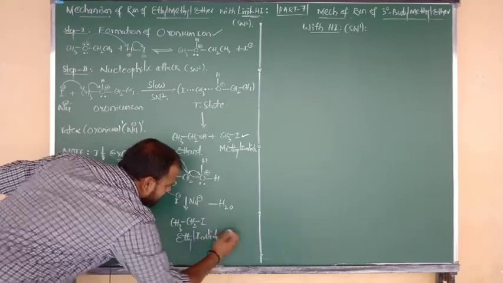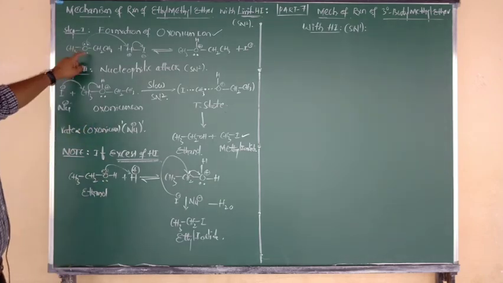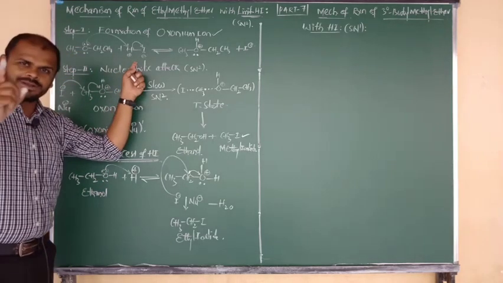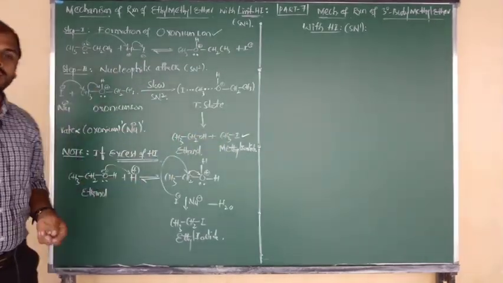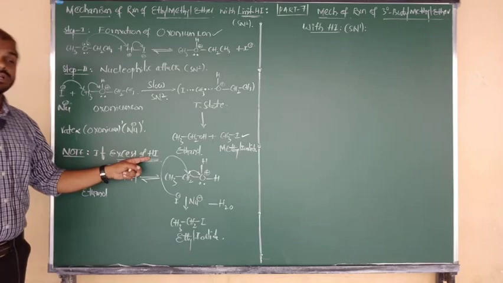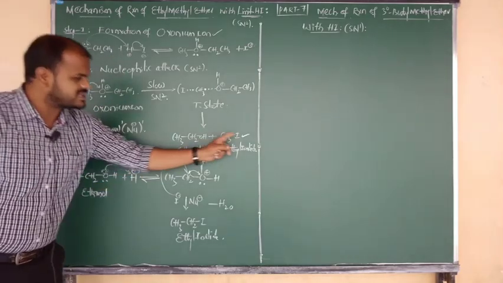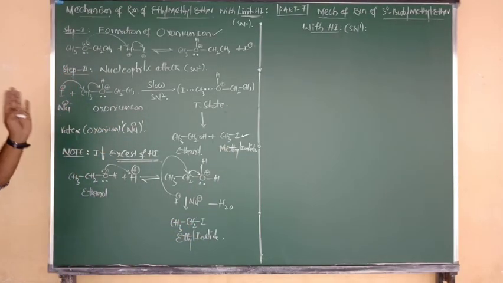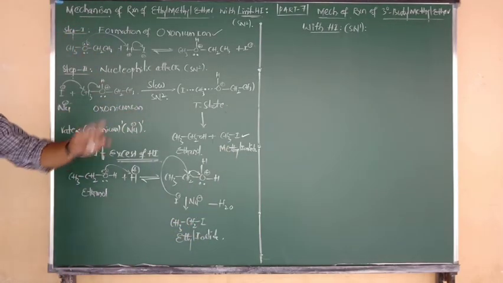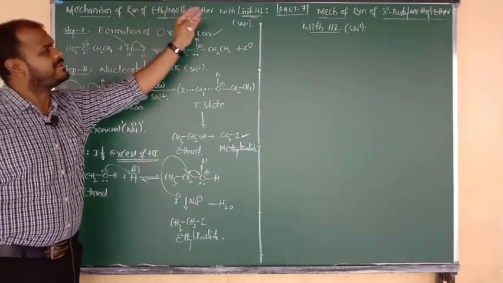I hope you understand this mechanism clearly. Understood? Good. So ethyl methyl ether on reaction with a limited amount of HI gives methyl iodide and ethyl alcohol. On reaction with excess of HI, here 1 mole, here 1 mole, so you are going to get 2 products. One is methyl iodide, and one more is ethyl iodide. Story clear, beta? So this is the story of the SN2 mechanism, how SN2 is involved in the reaction of ethyl methyl ether with HI.